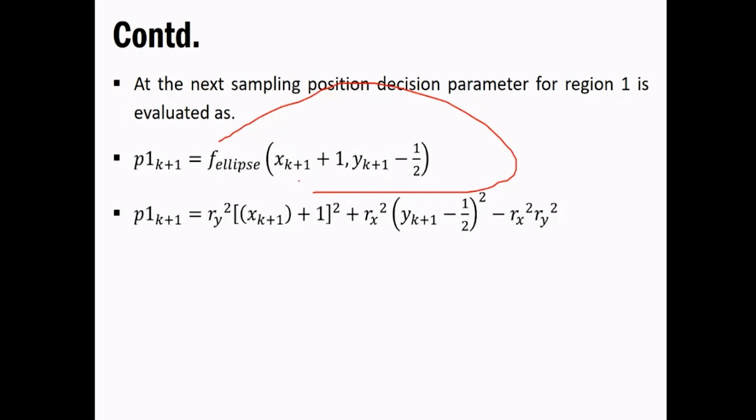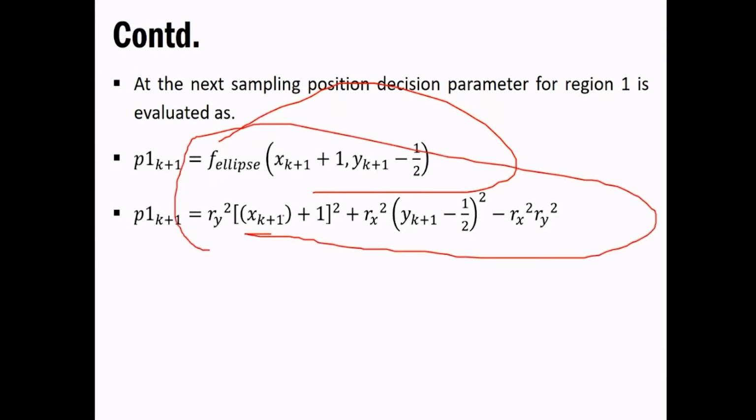Okay, now what you have to do is take this thing and substitute it into the ellipse equation. What we have done, ry square, I just told you, you just have to multiply this thing by ry square, rx square and so on. And the x and y values remain the same over here for k plus 1, because we are calculating it for k plus 1. Now a similar thing is to be followed over here, that is, subtract this thing p1k from p1k plus 1.